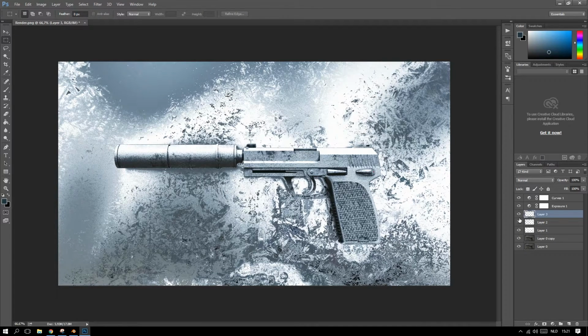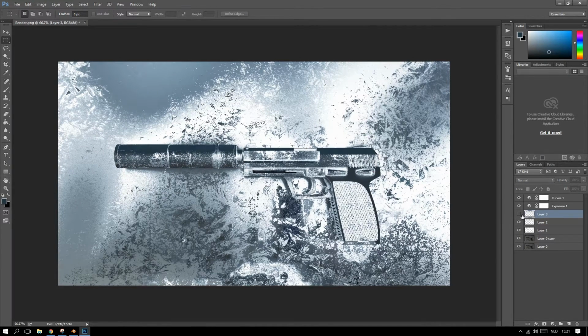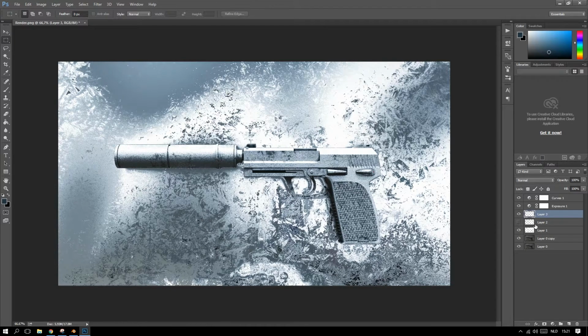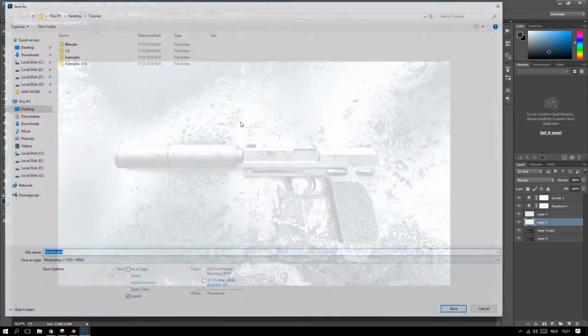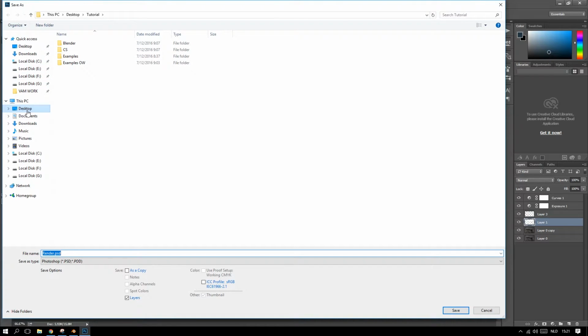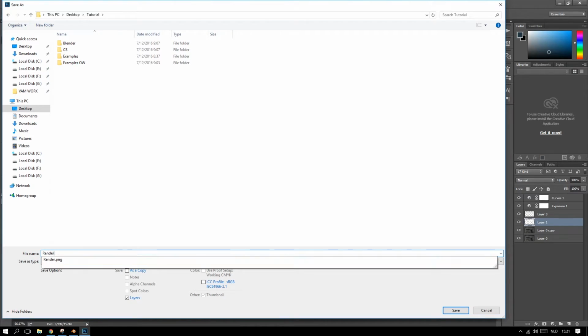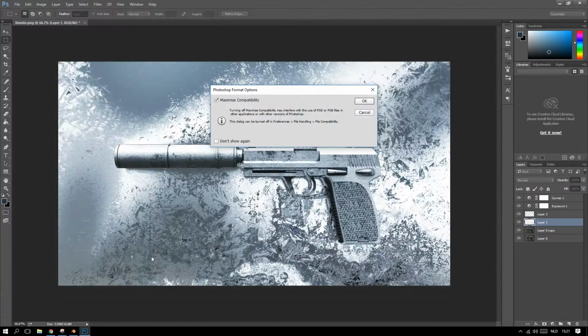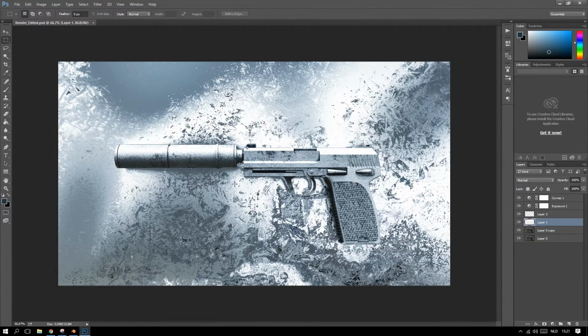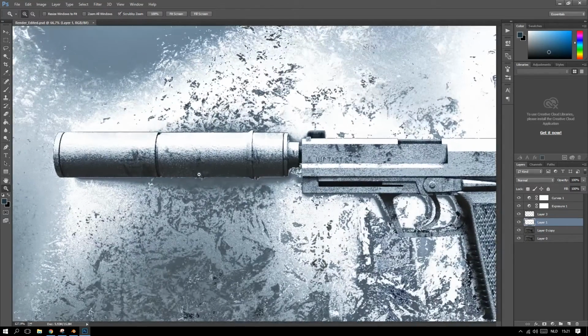So yeah, we can combine those. Nah, it's a bit too much, I guess. Let's just pick the upper part and delete the other one. This is just a little bit of trying out, but it's the same principle all over again. I'm just gonna save this real quick. Okay. This